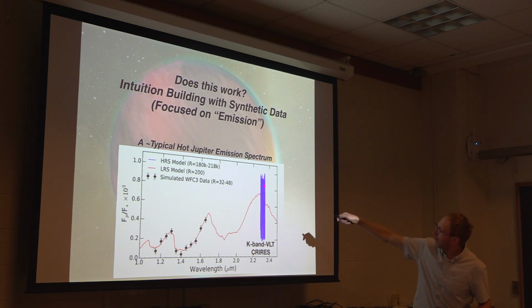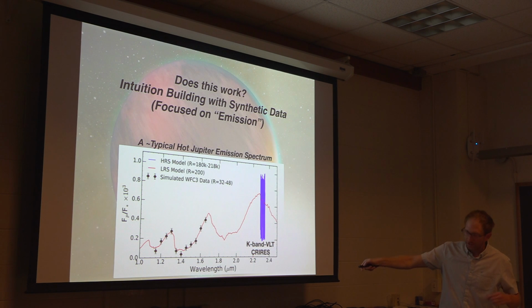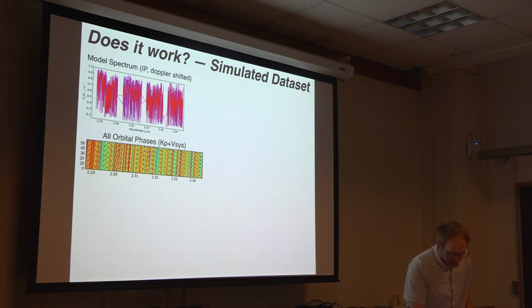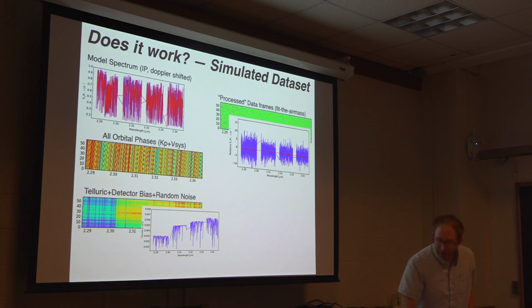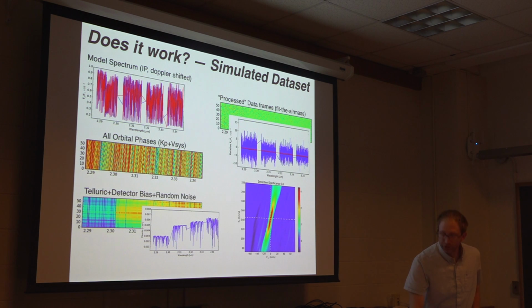And then we want to see, well, what happens if we were to observe this planet with the Very Large Telescope CRIRES instrument, which has since been decommissioned. But we have this high resolution, we have this high dynamic range in fluxes, which is going to give us more information. So we can construct a simulated data set, and we can go through all the telluric subtraction processes